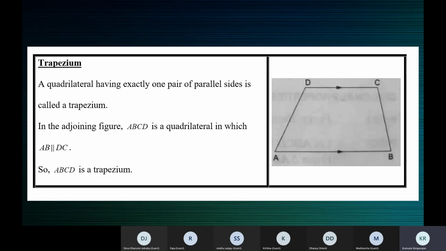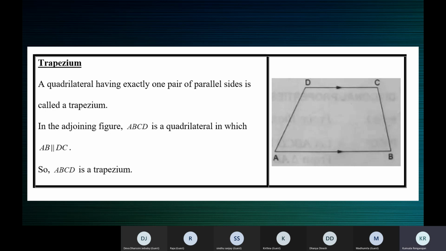In the same way, is a square a trapezium? Yes. Is a square a parallelogram? Yes. Why? Because it satisfies the definition. The definition of a trapezium is one pair of opposite sides must be parallel. Then you can call it a trapezium. In a square, one pair of opposite sides are parallel, so it's a trapezium. If it should be called a parallelogram, both the pairs of opposite sides should be parallel. In a rectangle or in a square, both the pairs of opposite sides are parallel. It's a parallelogram.